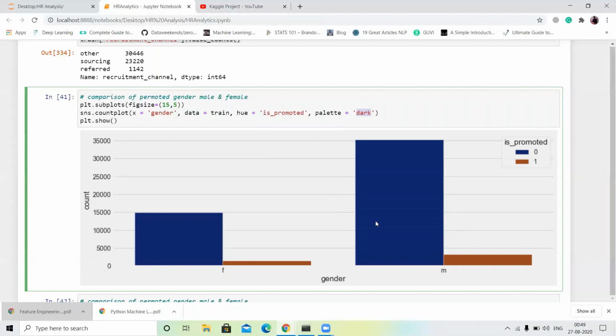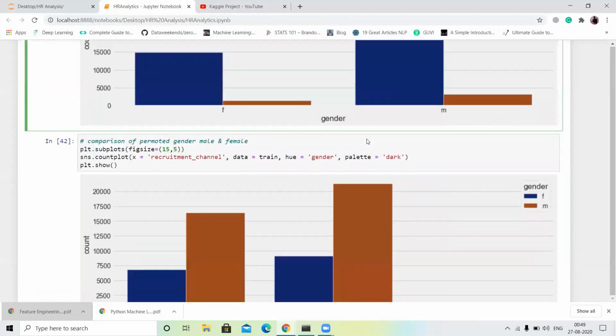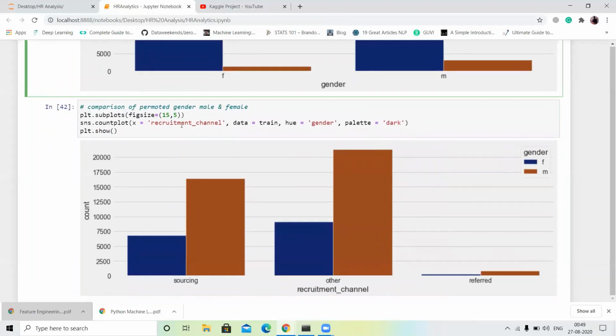And in male, approximately 5,000 plus candidates are promoted, and 35,000 male candidates are not promoted. Only a few candidates, like thousands or 200 candidates, are promoted in the male.